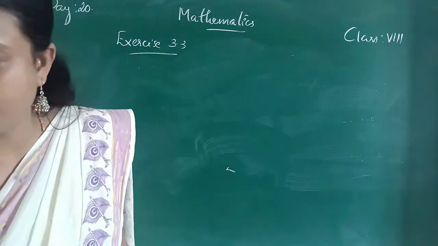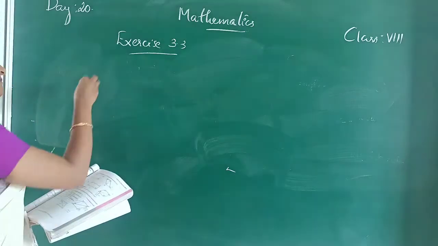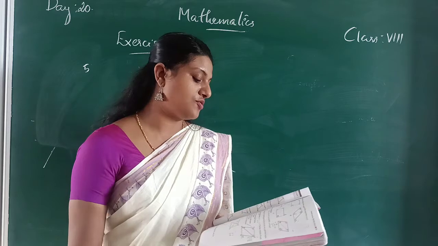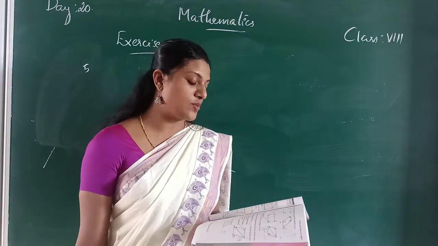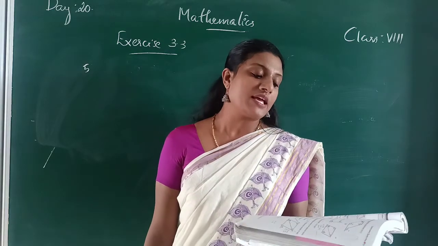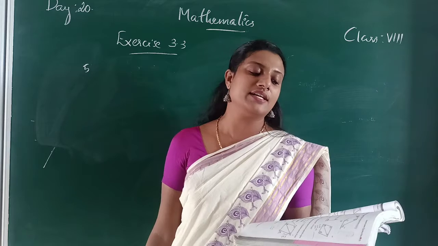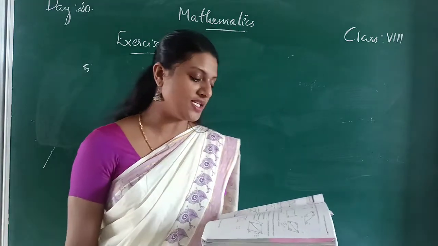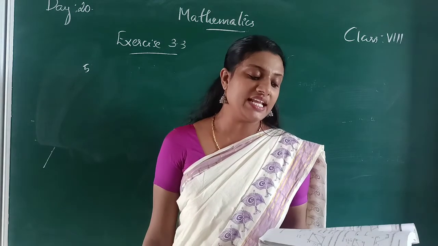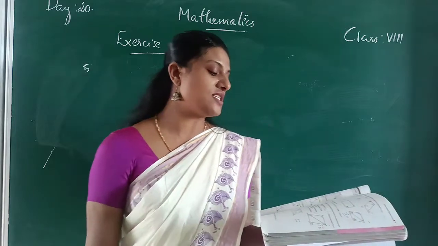Next is your question number 5. Before moving on to question number 5, look at question number 3. Please be ready with your textbook. Page number 51, question number 3. Can a quadrilateral ABCD be a parallelogram if angle D plus angle B is equal to 180 degree, AB equal to DC is equal to 8 centimeter, AD is equal to 4 centimeter, BC is equal to 4.4 centimeter.